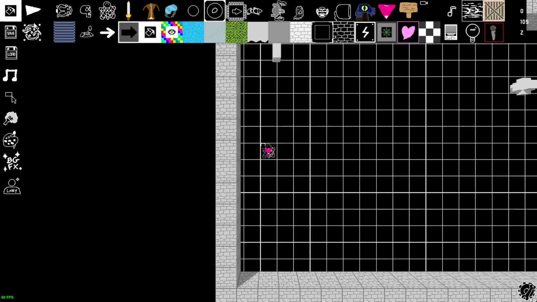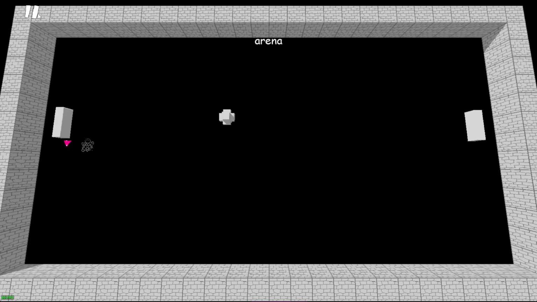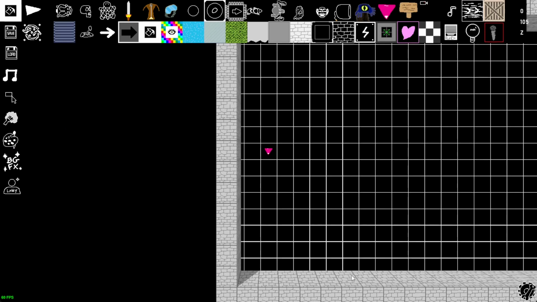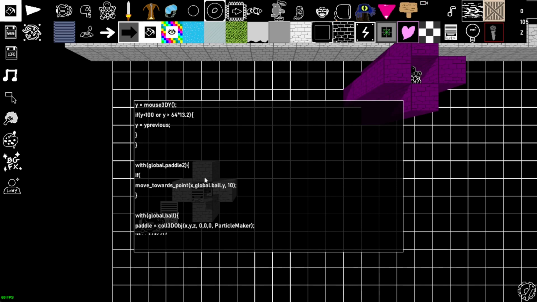Okay. How did that happen? What happened? It bounced away? What? How does it bounce away? There's no way. That doesn't make any sense. Oh, jeez. For now, we'll do if goal.paddle